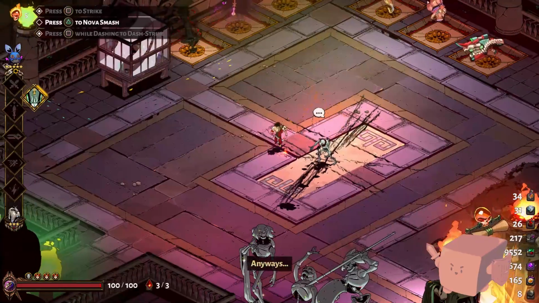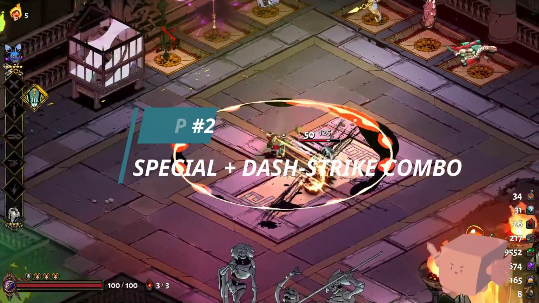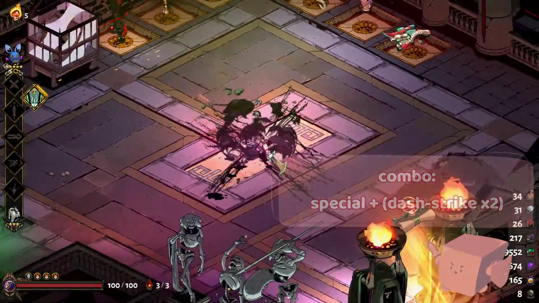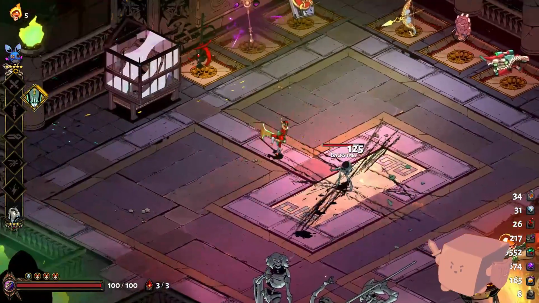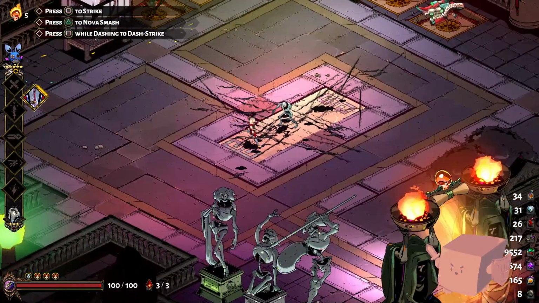Possibly the best combo for the sword is this: special plus dash strike plus dash strike, or more dash strikes if you have the greatest reflex. For all the reasons I stated in the previous segment, this combo allows you to deal maximum damage while having increased defenses. This combo is exceptionally great on the aspect of Nemesis, which gives you a huge bonus critical chance